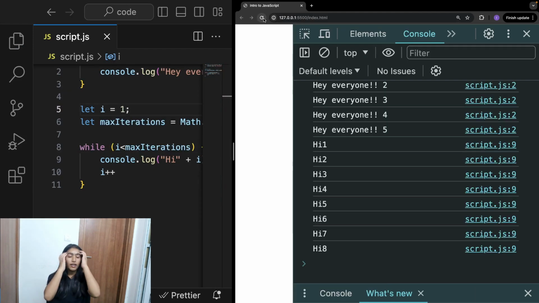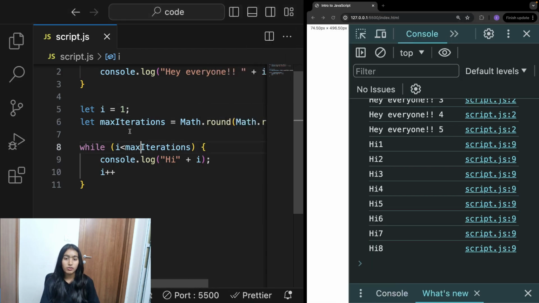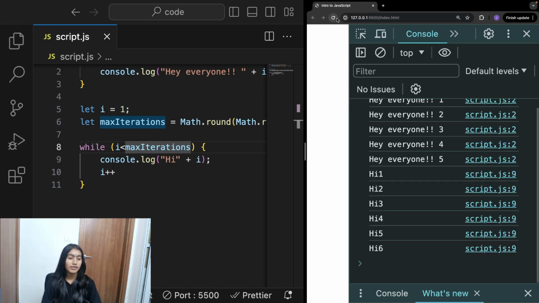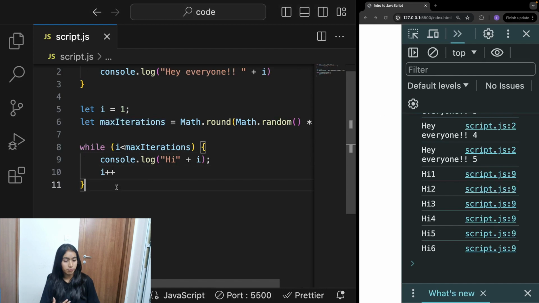Now every time I reload, a random number is getting generated, which for now is 8. So 8 times the block of code is getting repeated. So high 8, you're getting it. So this is how you use a while loop. Again, if I reload it, it's probably like 1 or 0 right now. Now see? Exactly. So now this is an example of a while loop.